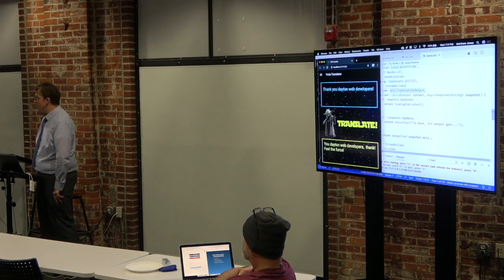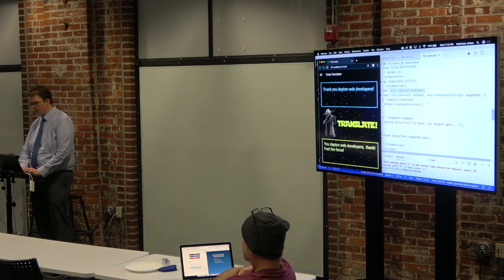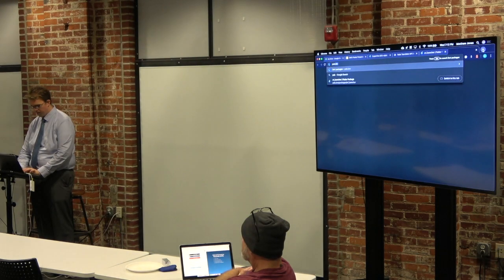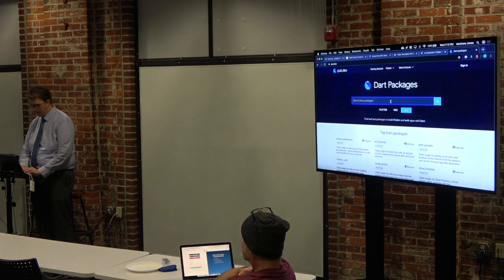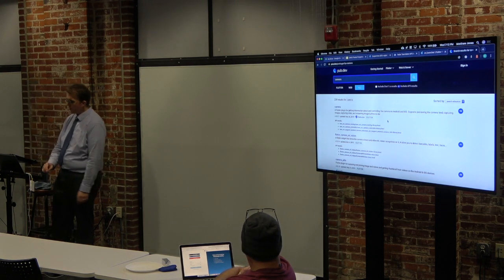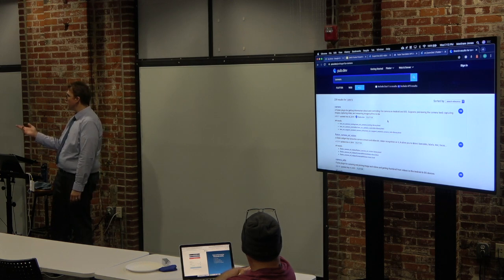Most of those things are actually going to be done through the plugins. So if you go to pub.dev, like I mentioned earlier, let me just look at the camera here. Here we are. There is a plugin for the camera right there. And you would basically import that plugin, and there's, in many cases, multiple plugins that do things like this.